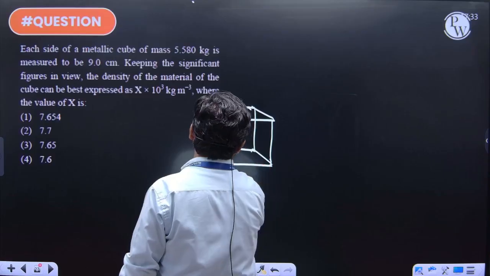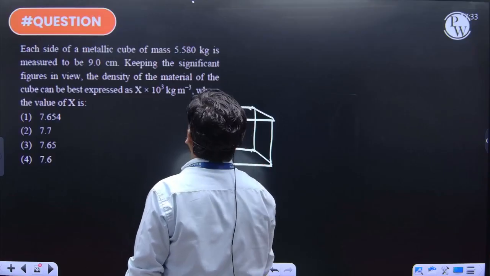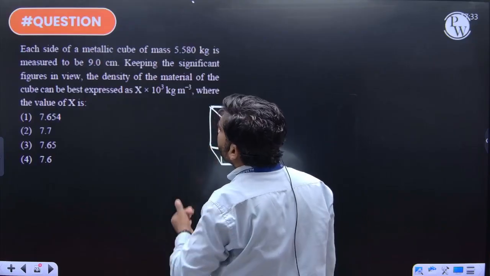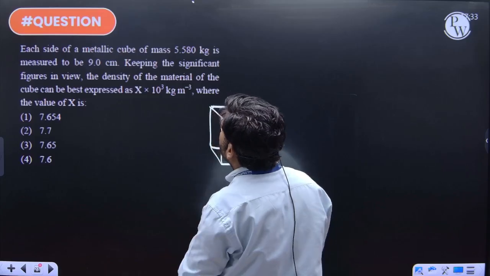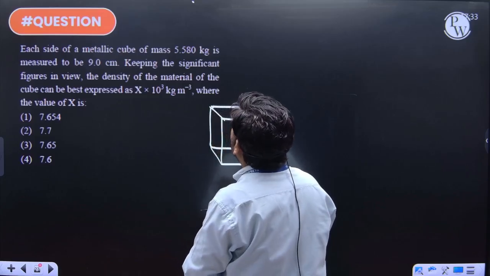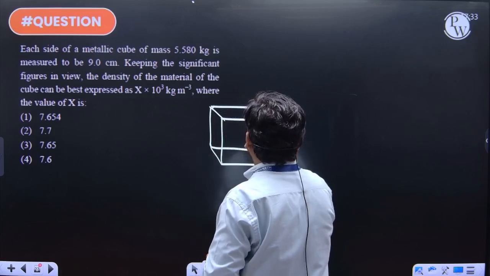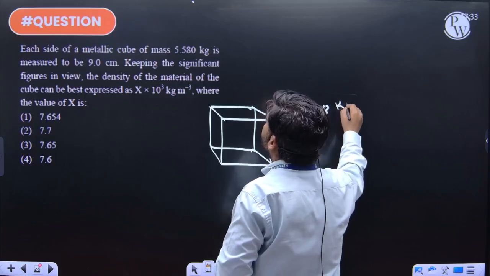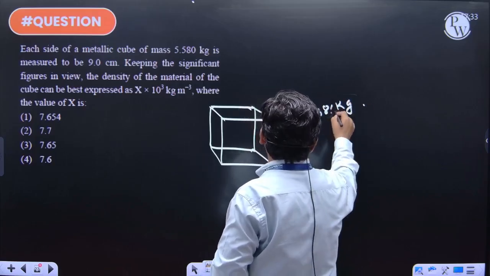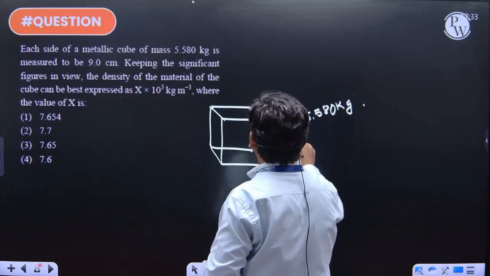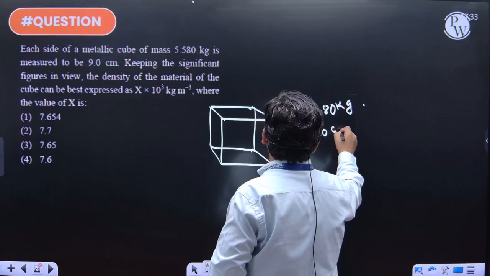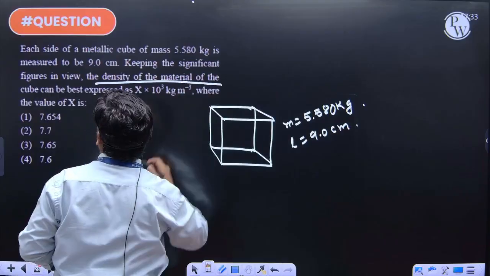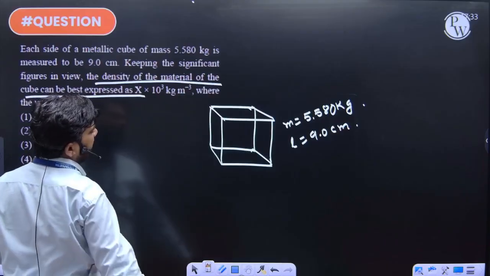Okay, this mass is given as 5.58 kg, and the side is measured to be 9 centimeter. L is equal to 9.0 centimeter. Keeping the significant figure in view, the density of the material of the cube can be best expressed as,